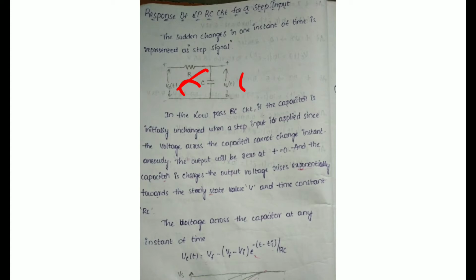If the input is applied to the low pass filter at very low frequency, the capacitor is uncharged. That means at the T equal to 0 condition, the capacitor remains in the uncharged position because the input is low. At that time, T is equal to 0, so the capacitor is uncharged and the output will not be produced.